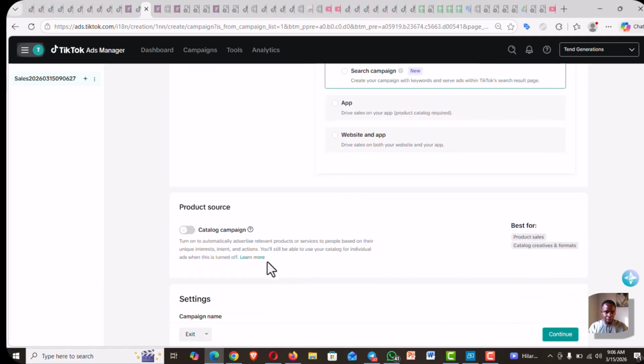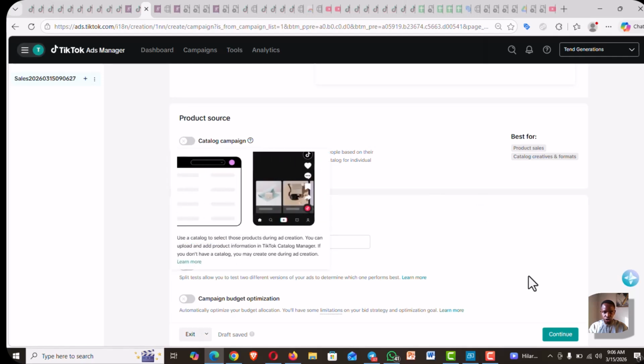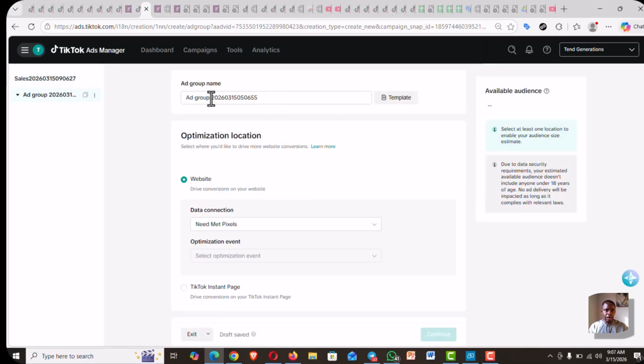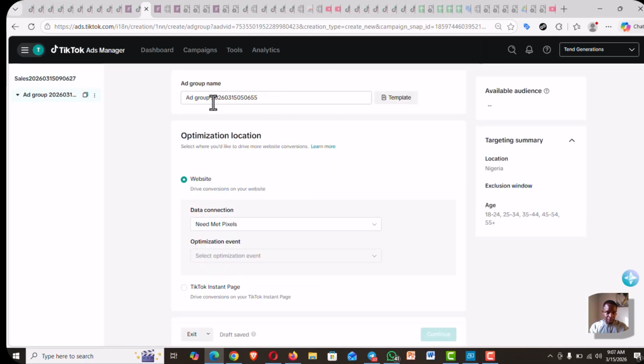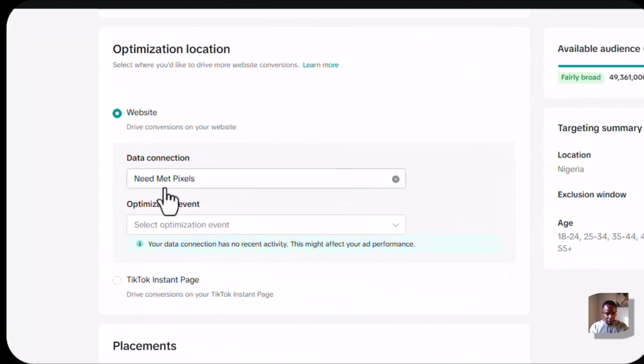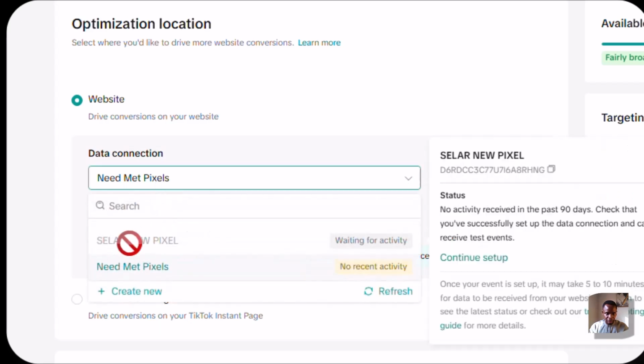By the way, you can name your campaign here, but I don't want to name anything. I just want to show you what we are doing. So just click on continue. And of course, here once more, you can name your ad group, but I'm not naming anything. I just want to be sure that the pixel that we created is showing here. So here now you can see there's a pixel for my other website, for my own website. But when I click here, can you see Seller new pixel, but it's still waiting for